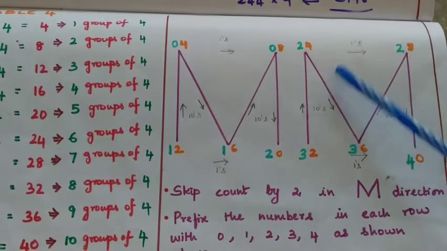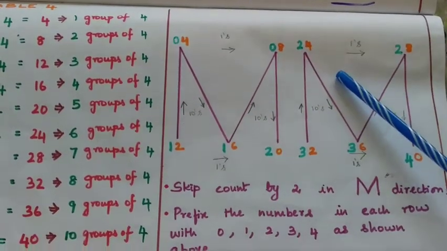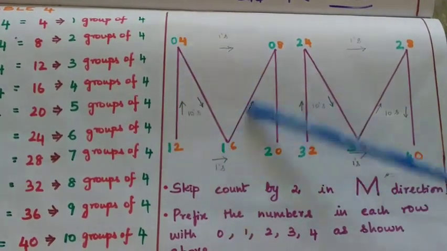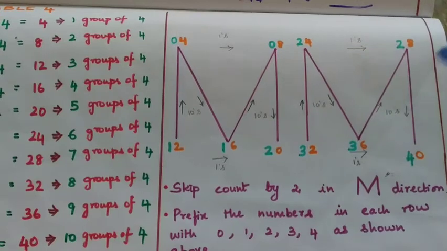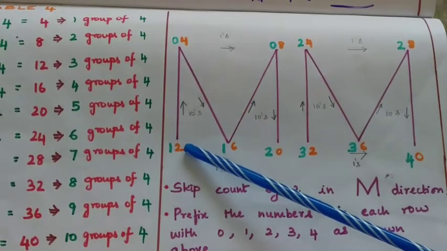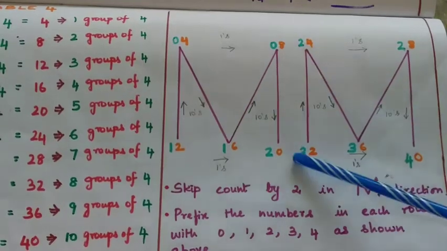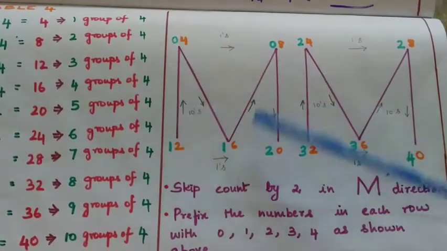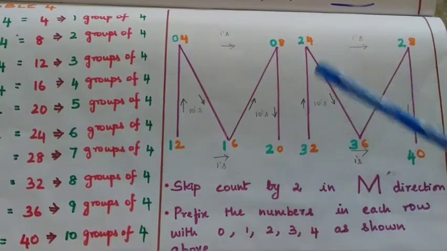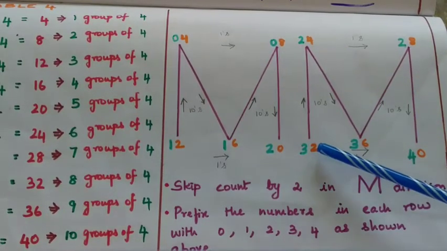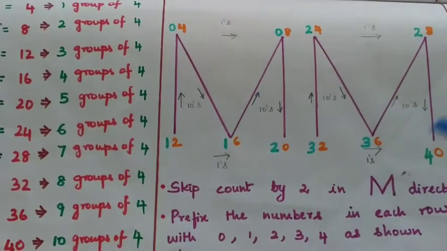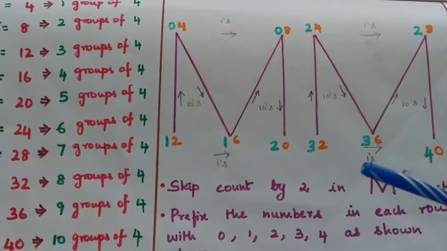This is the universal trick that I mentioned a few minutes back, where you just put 2 capital Ms and skip count by 2, writing the ones digit in this direction. 2, 4, 6, 8, and when it comes to 10 just put a 0. And again here you write 2, 4, 6, 8 and a 0. That forms the ones digit of the results of table 4.